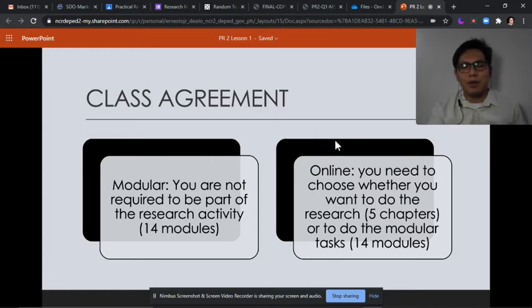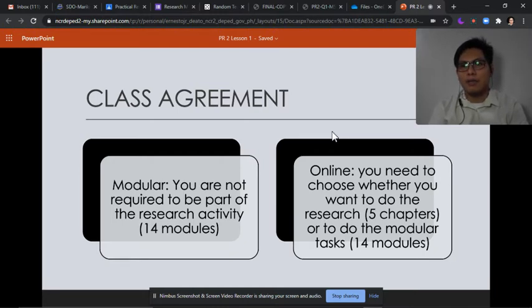So I'm going to give a class agreement so that it will be fair for everyone. For modular, you are not required to be part of the research activity. Instead, you need to finish all the required modules for our subject, and that will be 14 modules in all.